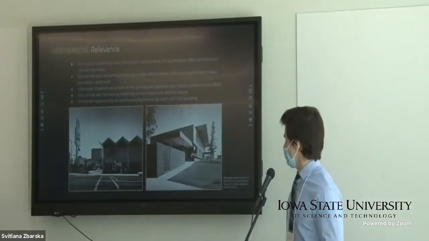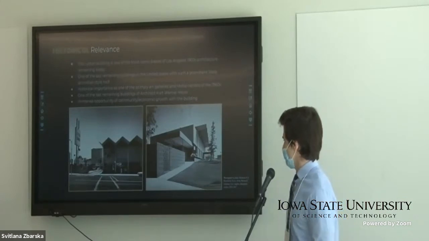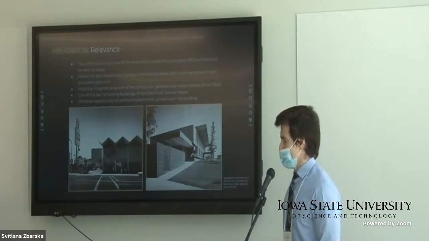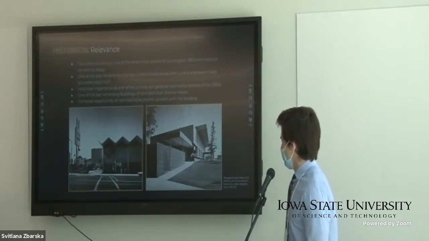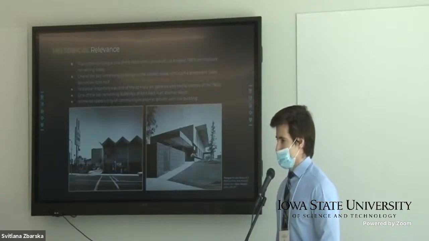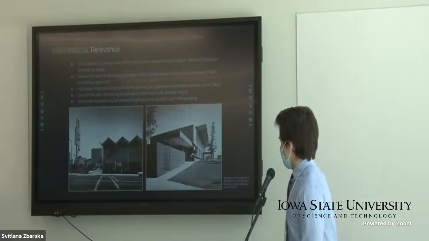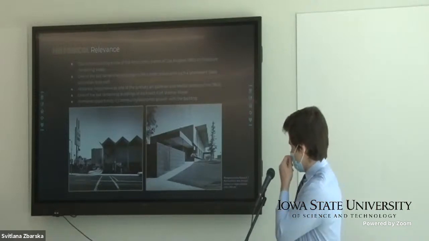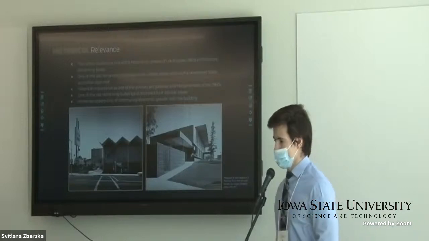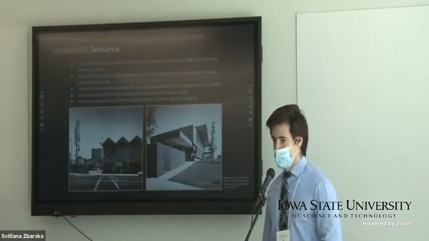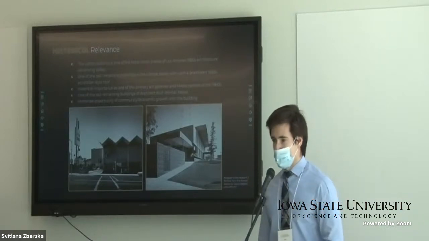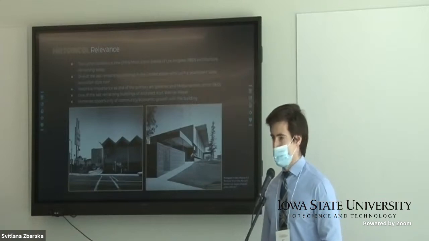And then for some more historical relevance, these two photos show some historical photos of the Lytton building as it appeared in its prime in the 1960s. So the first identifies some important elements. The first is the accordion roof on top. It's one of the largest at this time in the country, and really creates a unique architectural feature that we really wanted to accent with the interior of the space. We also noticed that it's one of the last buildings of architect Kurt Meyer, which is important because it has that architectural side from a famous 1960s modernist architect, and it has an immense opportunity for its unique shape and unique characteristic features to be rehabilitated in a unique way.